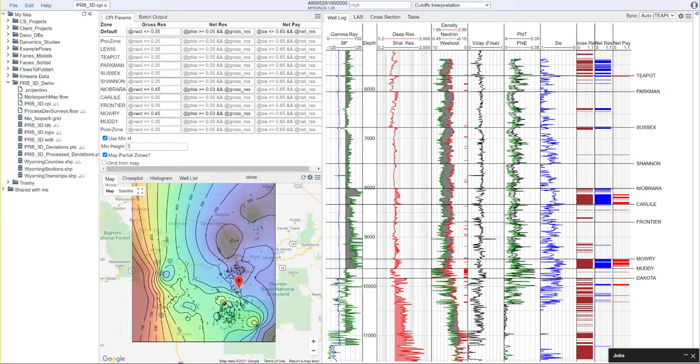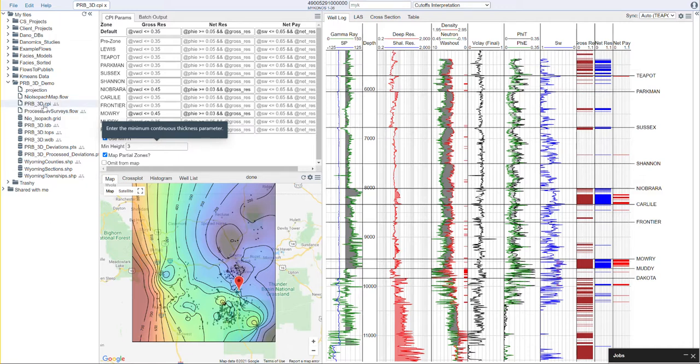In this video, I'm going to show you how we can build a map view display that has a few more details than the map views that are available in the petrophysics files. So let's get started. At this point, I have logged into the Danomics platform and I have created my